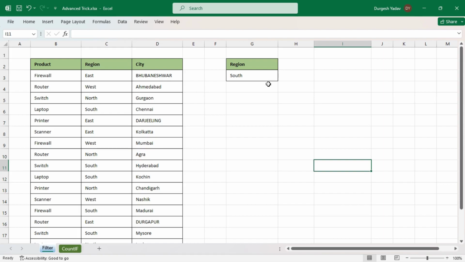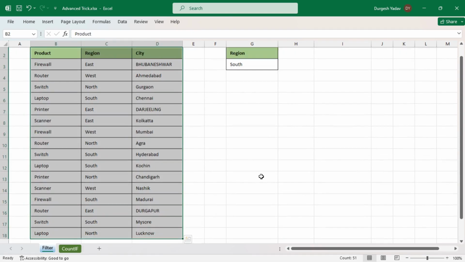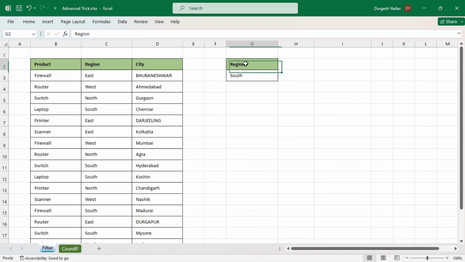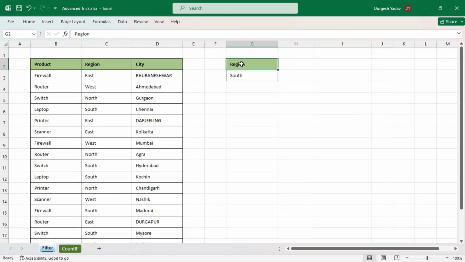In this video, we will see how we can use filter and CountIf formula and how it can be beneficial to us. So we'll start with the filter formula. We have a table which contains product, region and city over here. Besides that, on the right hand side, I've also created a small table which has the header as region. What I want is when I enter any region in the cell below the header, similar to south below